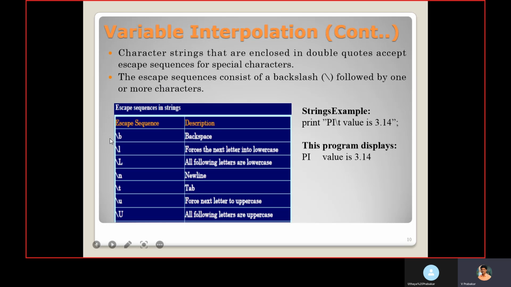So double quote will accept these escape sequences.